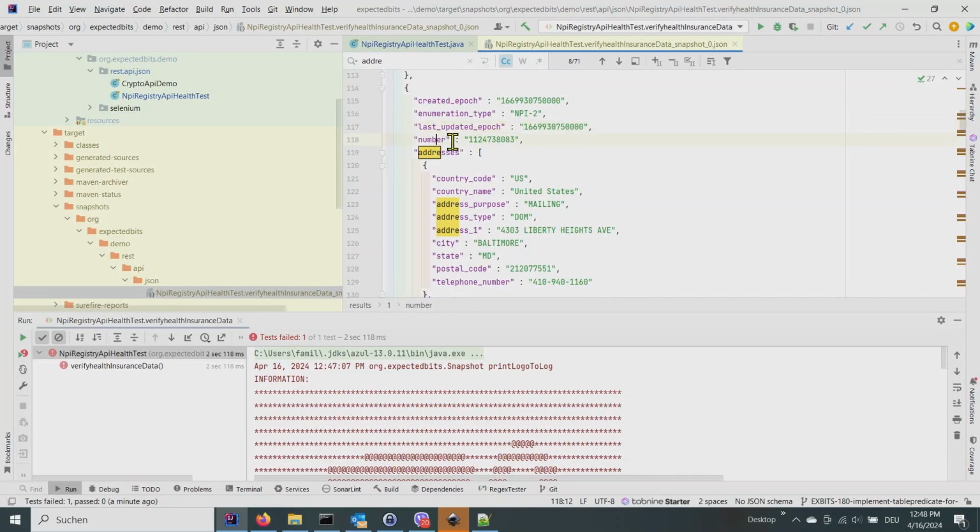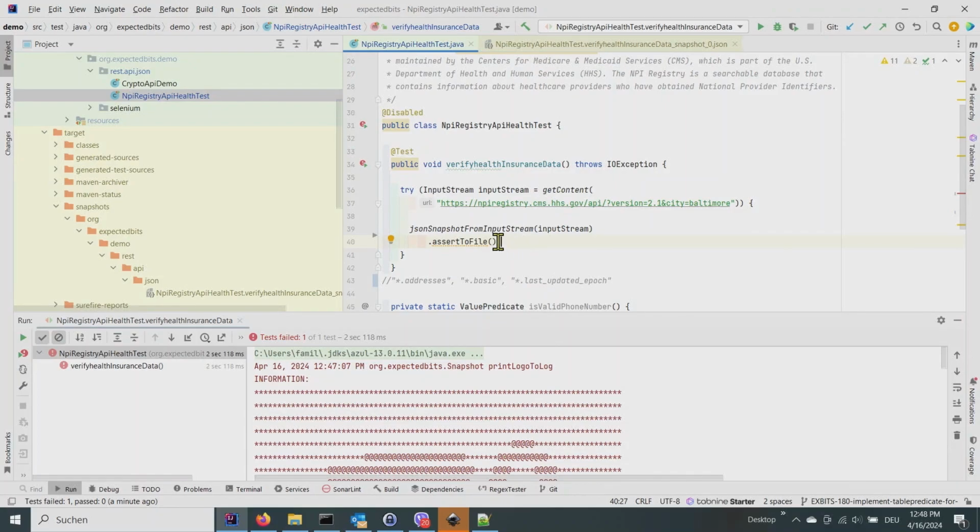If I want to retain only addresses, you see here the JSON path, I can copy it. If I copy it, I can filter this JSON snapshot which I created. I just write retain and then